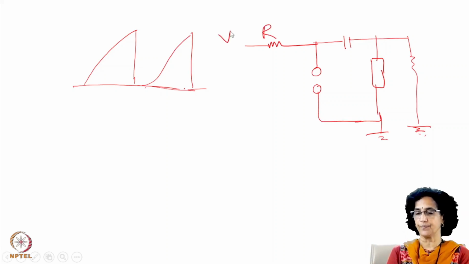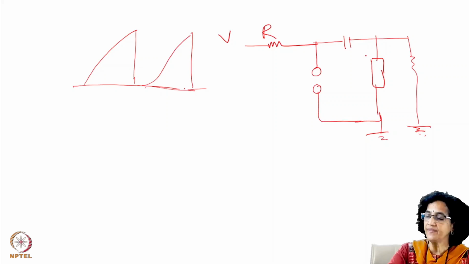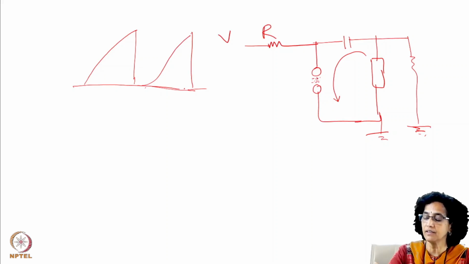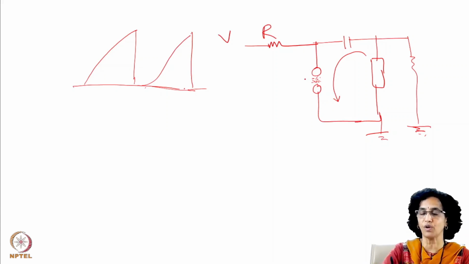Now, when the condenser discharges through the switch, the switch is still in the state of conduction. That means there are charge carriers here. How does the switch conduct? There is a lot of plasma created, that means a lot of electrons and ions which carry the current from here to here. So when the condenser discharges, the switch is in the state of conduction, and immediately after the condenser discharges, the switch does not go into the off state.